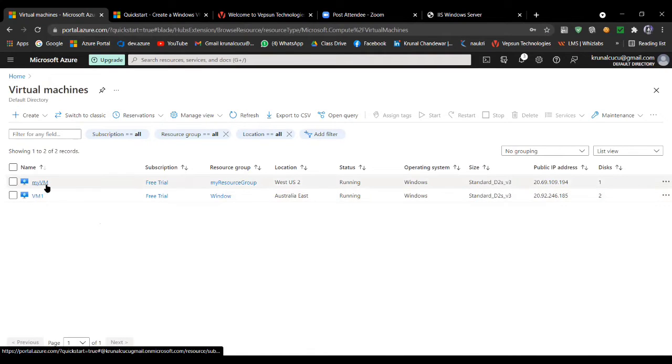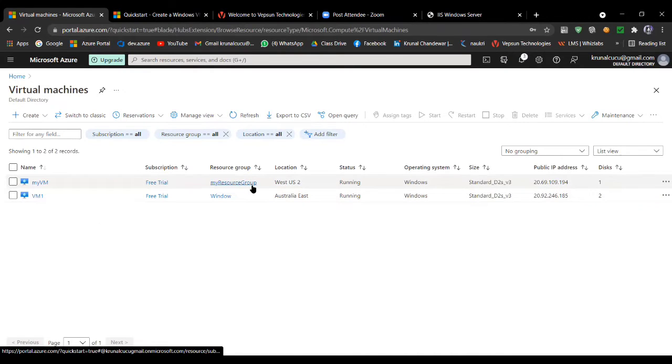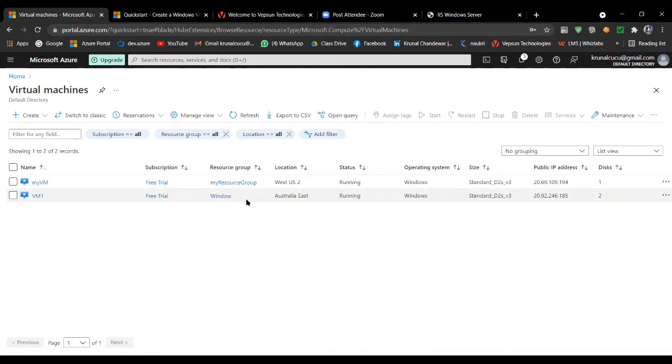Then I made my VM, and the resource group I gave in that PowerShell only. So this virtual machine I made with a PowerShell script, and this virtual machine I made with our Azure portal. Now I'm making our Linux virtual machine.